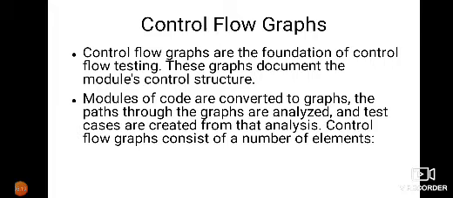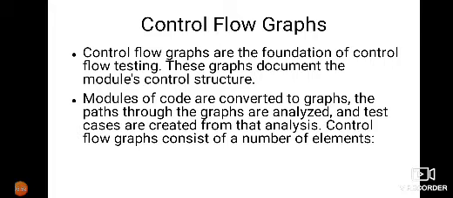Just as we prepare a state transition diagram, yesterday we prepared something called a use case. From the use case we derive test cases. From state transition diagrams we prepare test cases. From decision tables we prepare test cases. So we have some intermediary notation that we prepare, and based on that we'll be framing test cases. Likewise, in the case of control flow testing, we'll be preparing this intermediary notation called control flow graph.